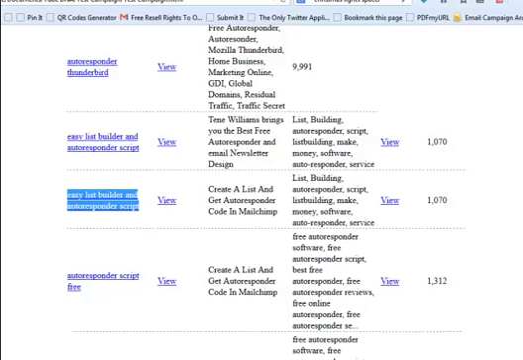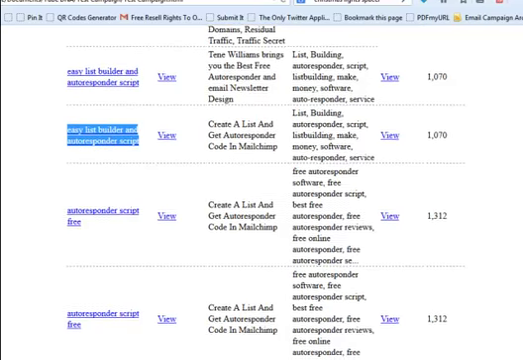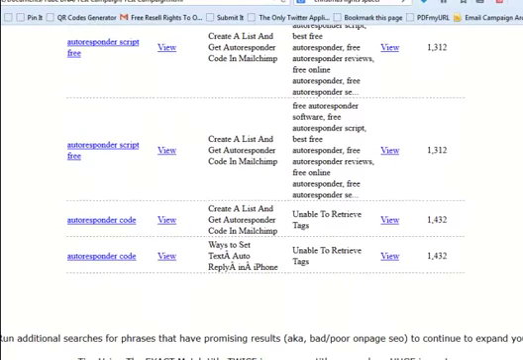You know, when you go to the search page, you go down the bottom and it says people that were looking for this are also searching for, you know, that kind of thing. So this is really cool, don't you think? And as we see here, the tip is run additional searches for phrases that have promising results. So, you know, if you find something that's got bad,